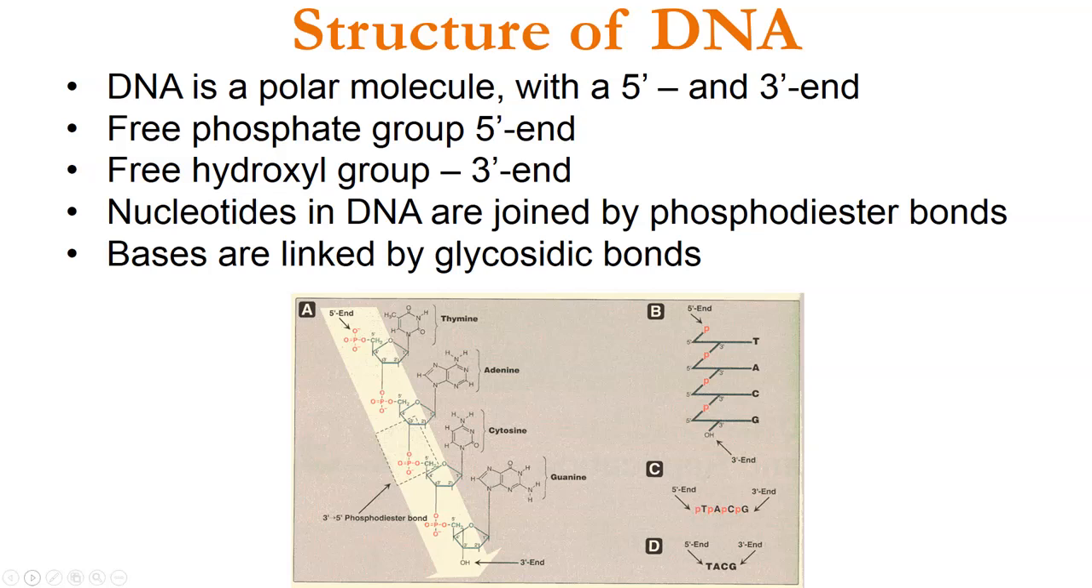DNA is a polar molecule. That means it's got a distinctive beginning and end, okay, and they're different. Just like when we looked yesterday at a polypeptide, it had a specific beginning and end. DNA has beginning and end. It's got polarity. At the 5' end, it's got a free phosphate group. And at the 3' end, it's got a free hydroxyl group. Okay? And those are going to be important, as we're going to see when you go to add a nucleotide to a growing chain